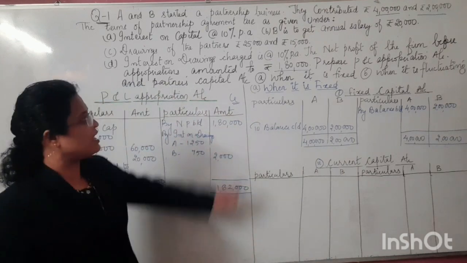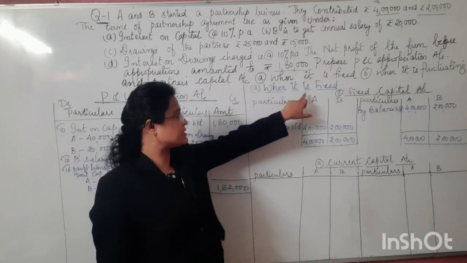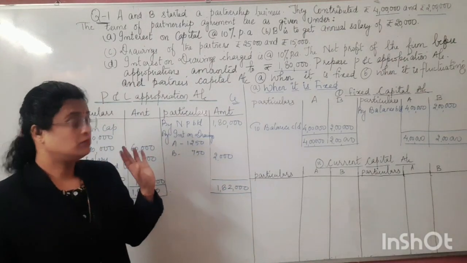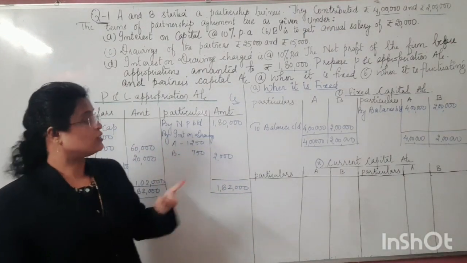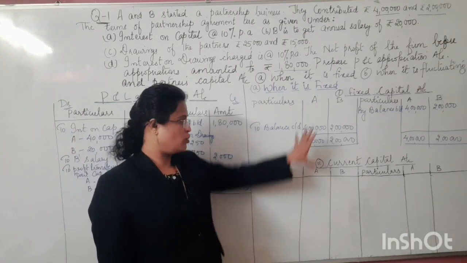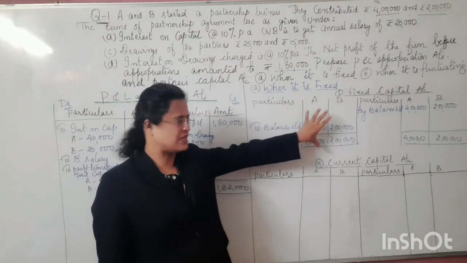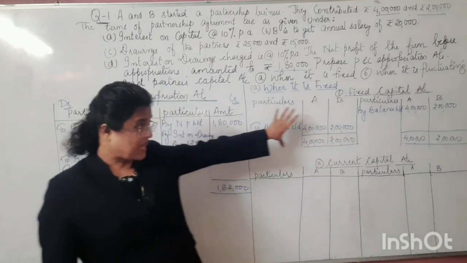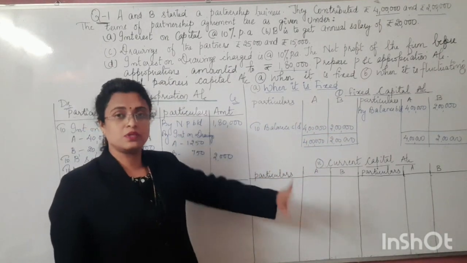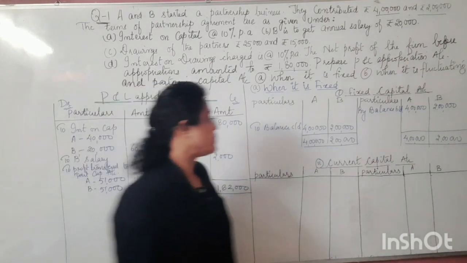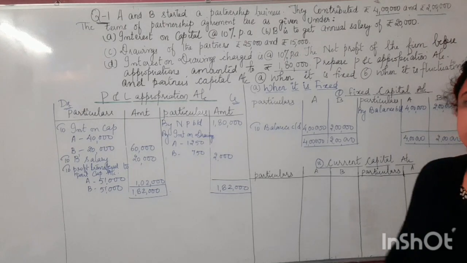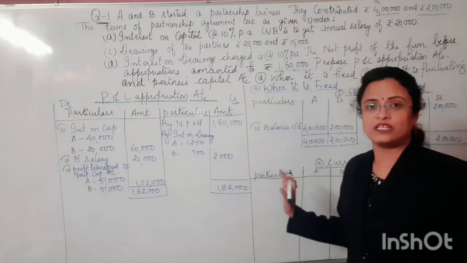So children, whenever we are following this method, when the partner's capital account is fixed, in such a situation, to prepare it, there are 2 partners' capital accounts we are supposed to make. One is with the static element, that is actually the items which are not subjected to frequent changes. Another one with the items which generally keep on frequently changing. Okay, so here in this question you can find there is no balance brought down relating to any current account or something being given here.